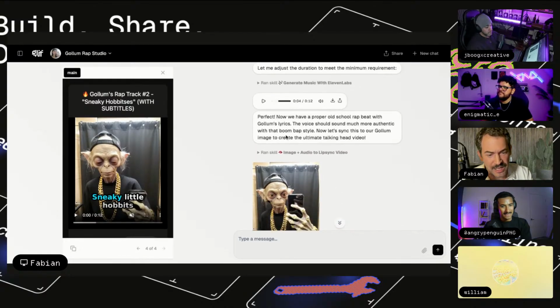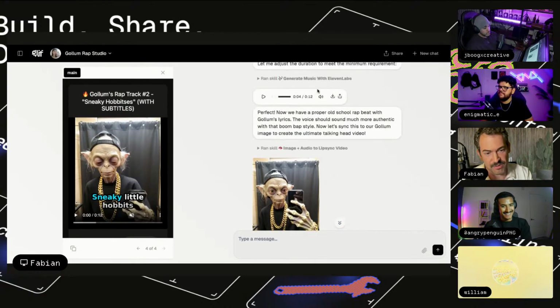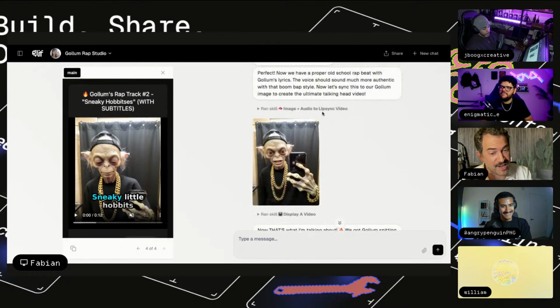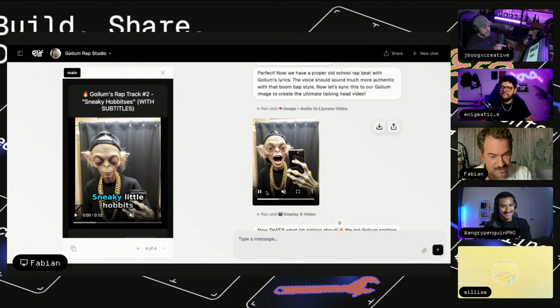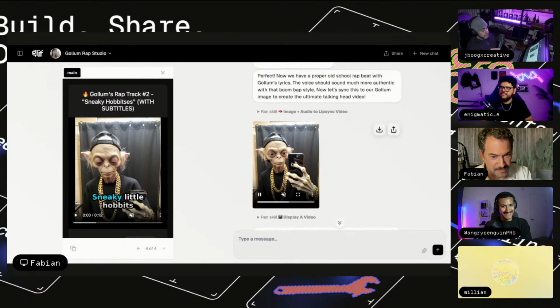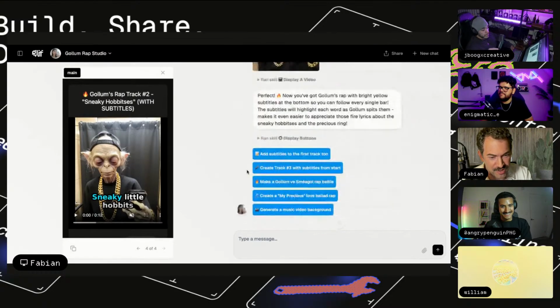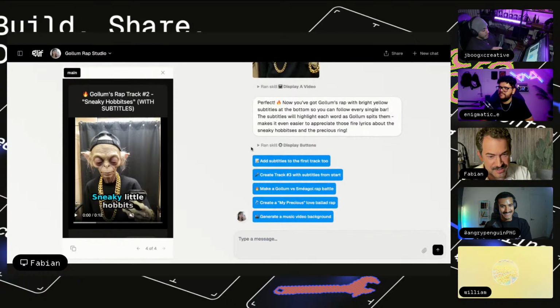And so I had to generate a bunch of these raps with 11 Labs. They sound amazing. And then I told it, hey, can you now do a lip sync on that video? Let me see, is this the right one? So I did a few iterations on that. I'm just going to show you the last one, where I also asked it to add